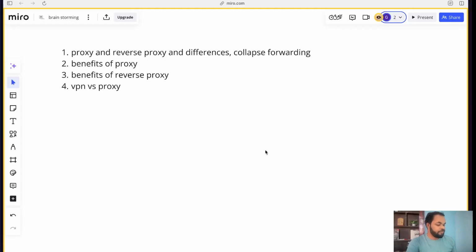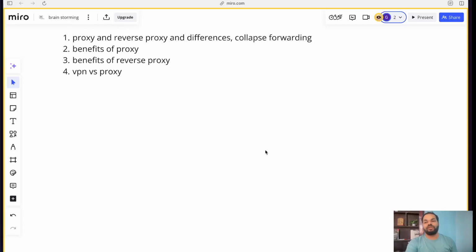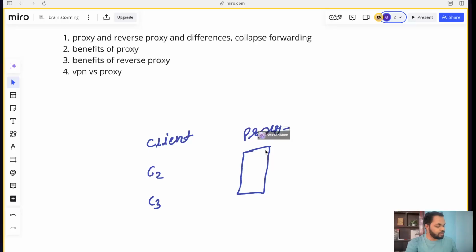So first things first, what is the proxy? Proxy's actual name is forward proxy. Normally we call it proxy. What it does is it's a server that sits in front of the client. So suppose you have this client, and then client 2, client 3. Here we will have a proxy server, or forward proxy server, which sits in front of the clients and controls the request, maybe not control,